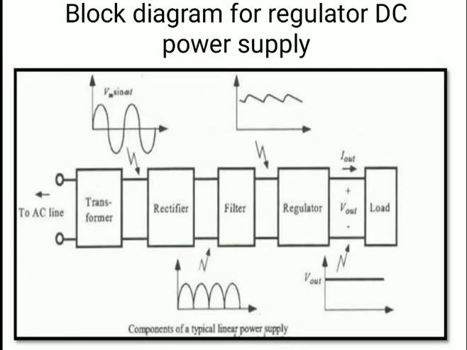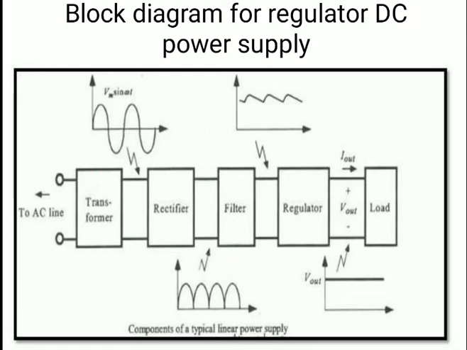First we connect a transformer. What does the transformer do? The transformer decreases the voltage, because AC is 230 volts, right? And the DC which we need for the rectifier, diode, transistor, BJTs should be only 0 to 30 volts. So the transformer will step down that voltage from 230 to 30 volts, or 40 or 50 volts. Then we connect the rectifier.